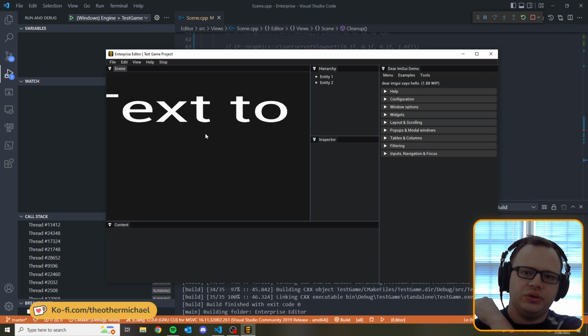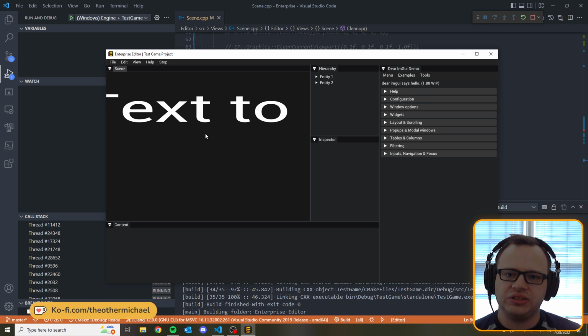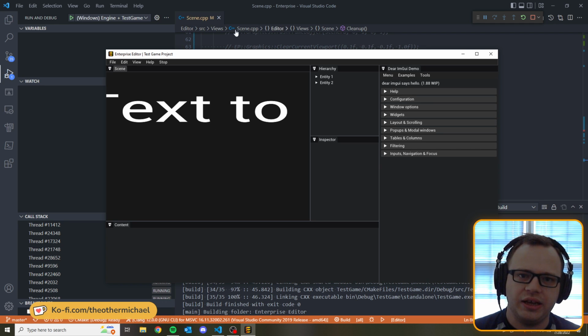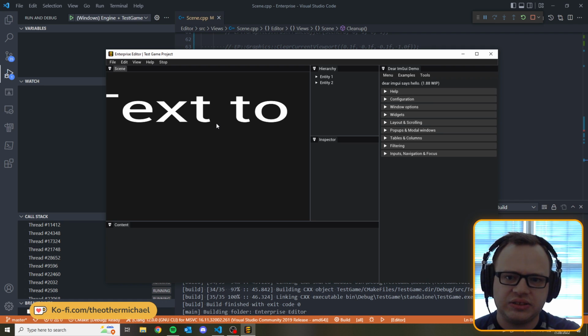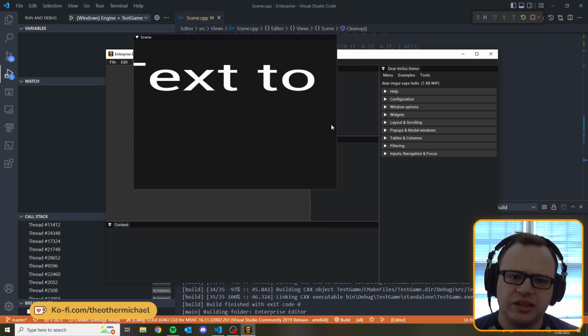So the first thing I've noticed is that it's off-center. It's not responding to any of my input right now, because right now IMGUI is capturing all of my input. So the text should be dead center. And when I go to resize,